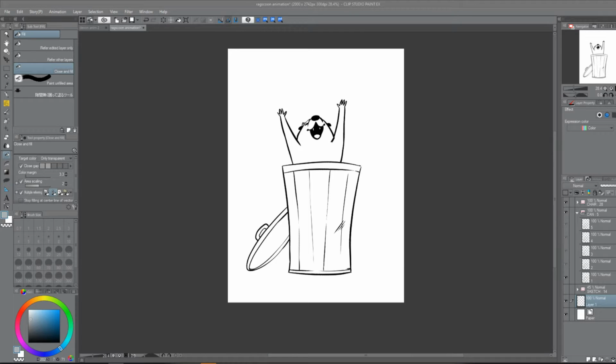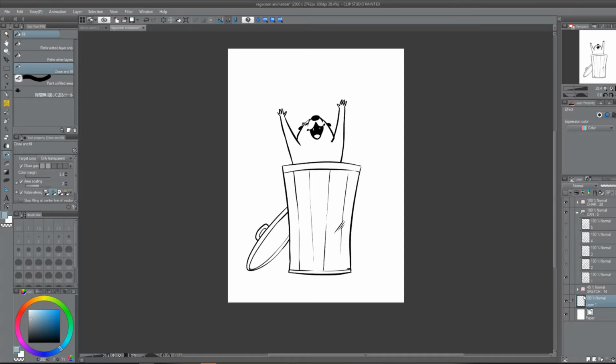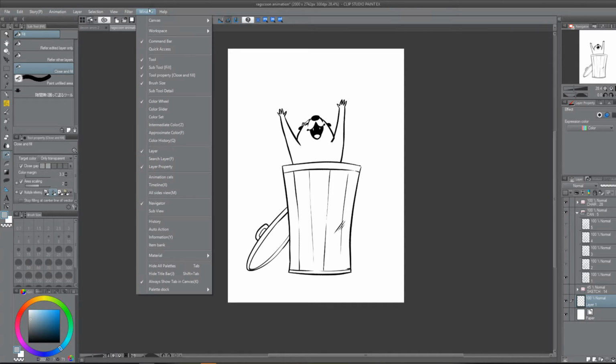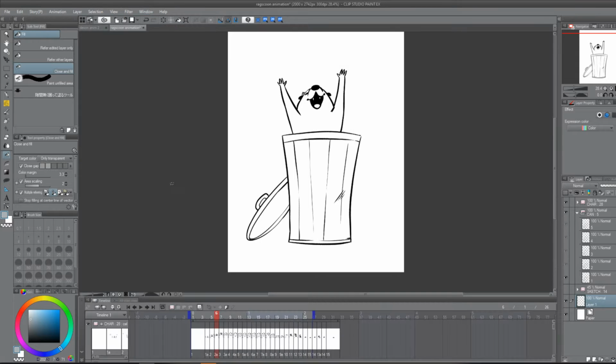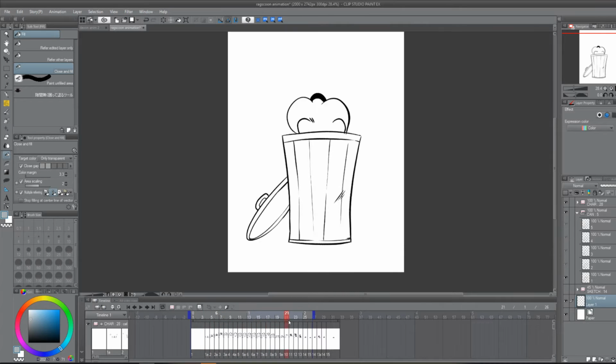Hey guys, so I wanted to make a quick video about coloring animations in Clip. So first things first, I've got my frames already in their folders, and I'll show you kind of how they're built. Activate the timeline window, and when I scrub through this you'll see it's a little raccoon diving in the